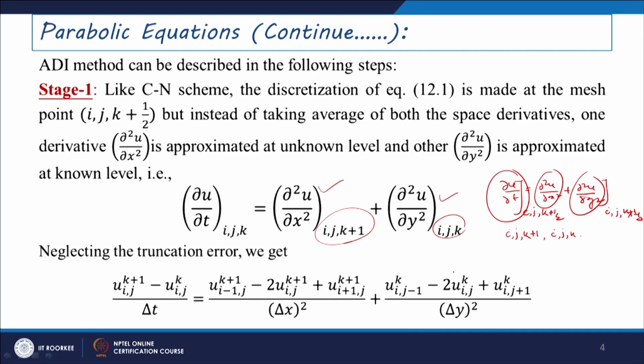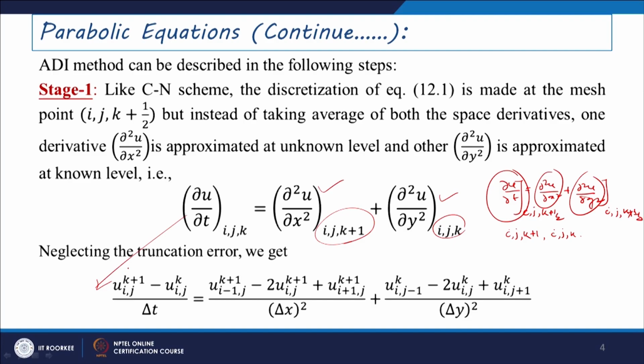This means that half of the time step we are just moving in the x direction, that is at the unknown level, and half time step we are just moving in the y direction, that is at the known level. So, if you just neglect this truncation error for this series here, then we can obtain this series as, if you take this forward difference approximation for time derivative here, this can be written as u_ij^(k+1) minus u_ij^k by del t